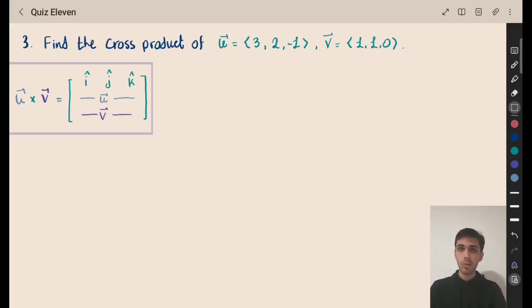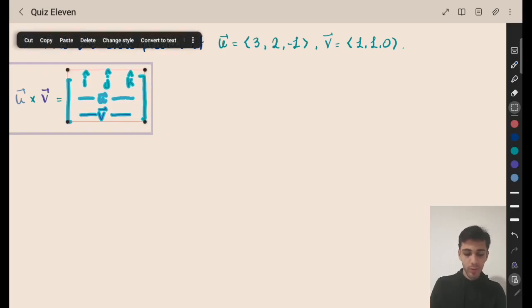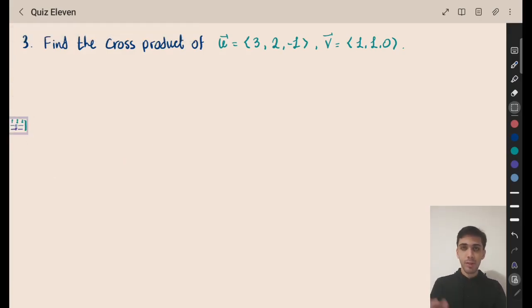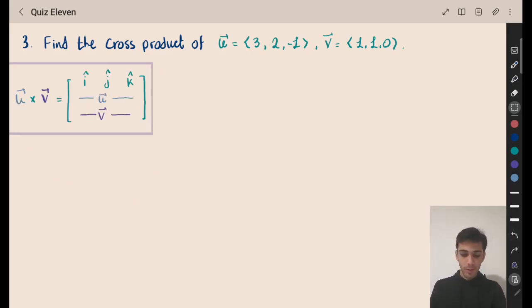Find the cross product of these two vectors. This question is purely algorithmic. I've even set out the formula for it before we even started the video. Usually I hide it like this, but right now I'm very explicit about it because this is really the nature